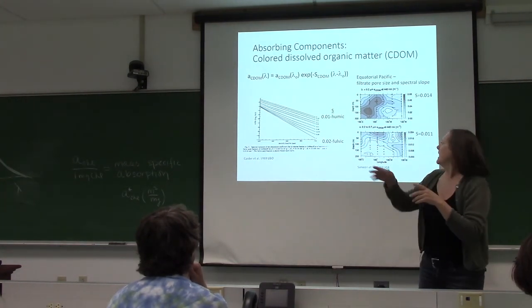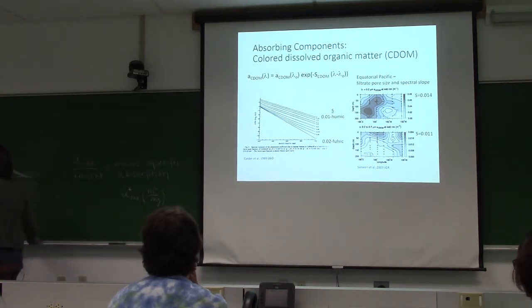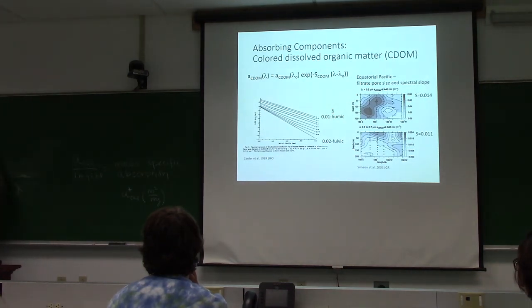So I basically took a water sample and measured the 0.2 micron filtrate. Then I measured that same water, 0.7 micron filtrate. And if I did the difference, I got the fraction between 0.2